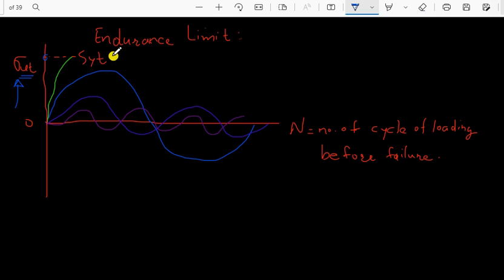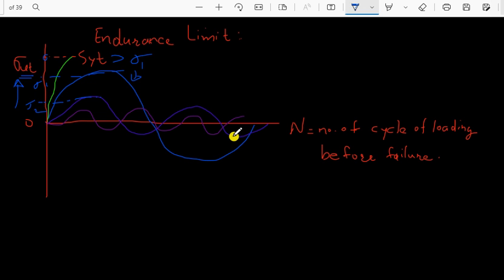Let us say the stress created is lesser than SYT, a new stress, let us say sigma 1 for this cycle. You can find a complete one cycle can be done without fatigue failure. So if I again reduce this stress value, let us say I am putting a stress sigma 2, this was sigma 1, right? Now you can find a component can